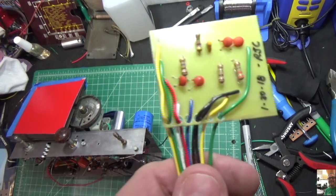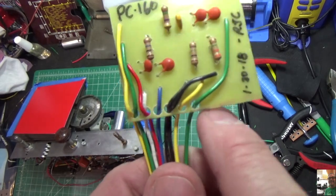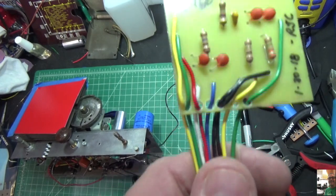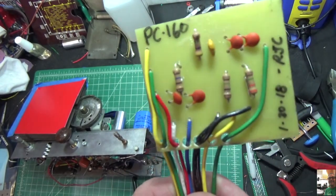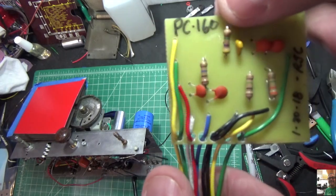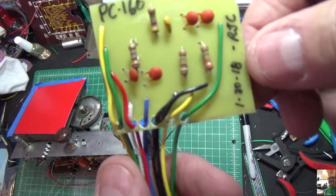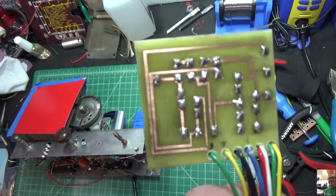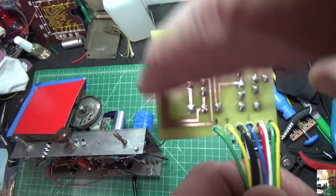And you'll notice that I drilled some holes here to run the wires for cable management and also to stop any stress on these connections. It looks really good. The components are nice and flat to the board. I did indicate the original part number of the couplet, of course my initials and date. And on the back we've got everything soldered correctly, and I've put a coat of clear nail polish on all